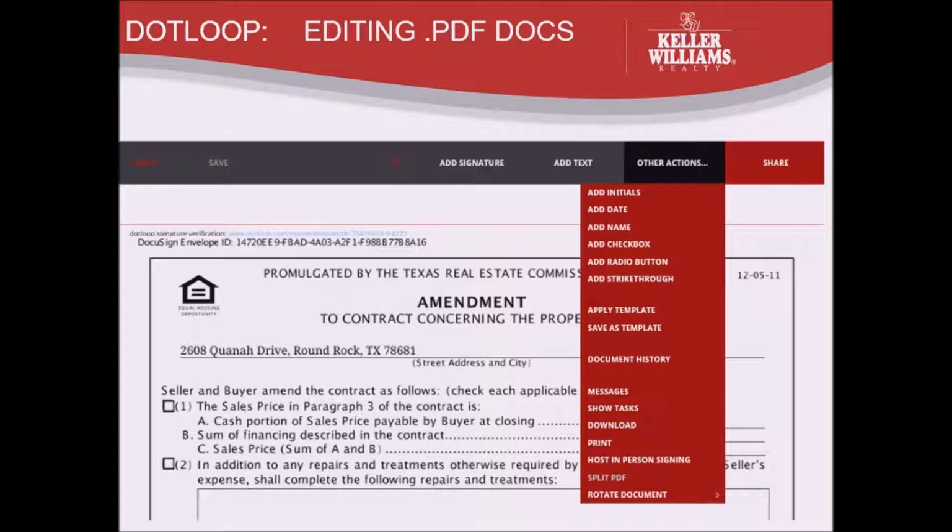So we can edit this document in many different ways. We can add initials, we can add the date, we can add the names, add checkboxes, radio buttons. You wouldn't want to do that. You can add signatures, anything. So what I want to do is, this is my amendment, and I want to put in some text in here. So what I would do is click on Add Text,